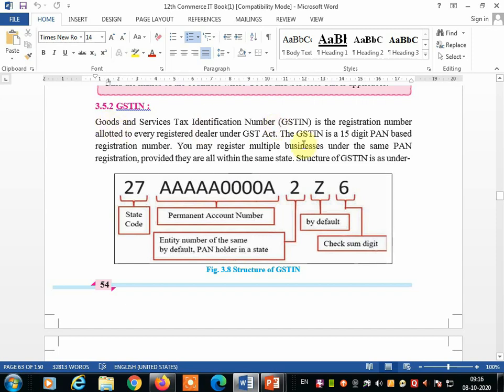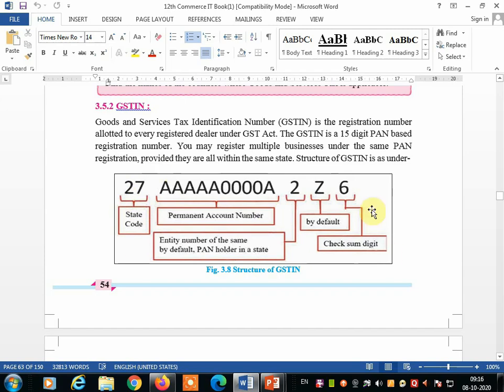When you are going to calculate GST on goods or services, this GSTIN number is important, and it is the registration number allotted to every registered dealer under the GST Act. The GSTIN is a 15 digit number. A 15 digit PAN based registration number, and you may register multiple businesses under the same PAN registration provided they are all within the same state. The structure of GSTIN is as follows.